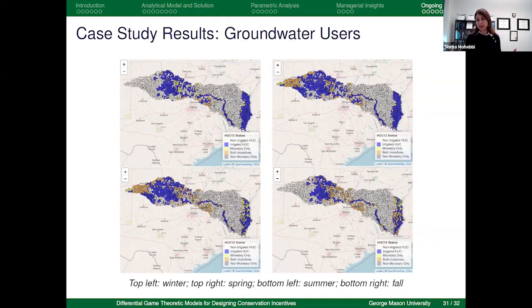Well, this part, the stochastic version, is still a work in progress, and we are currently verifying and refining the case study and the parameters that we are using, and we are working closely with our social science collaborators, making sure that this all makes sense and is consistent with their surveys and interviews.